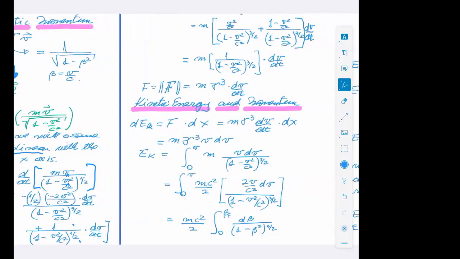So the final expression that we have is that the force is equal to the mass times gamma cubed times the acceleration. So this is a big difference in terms of relativistic dynamics. Essentially, this is what we're seeing here. Everything is the same. The definition, Newton's second law, works perfectly well, with the difference that